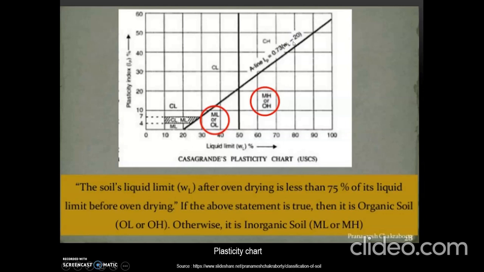Here we have to substitute the values of liquid limit. That is, if the value of liquid limit is 30, we need to find out what the value of IP will be. IP will be 0.73 into (30 minus 20). So we will get the point somewhere over here, that is 7. So the IP value will be 7. We will have to mark this point. Similarly, substitute liquid limit equal to 40 in this equation. So if we substitute the value of 40, we get the value of IP as somewhere near 13.